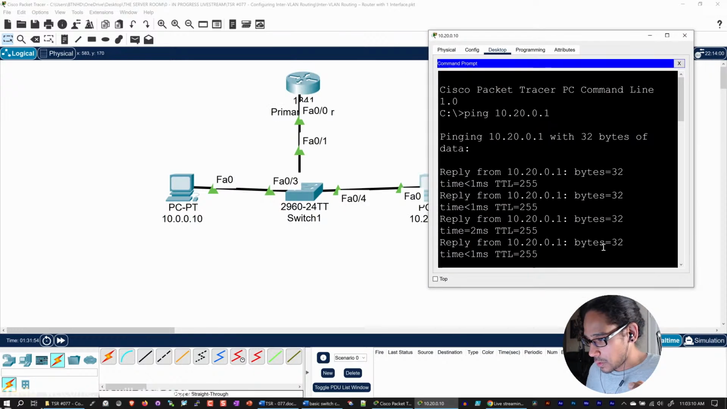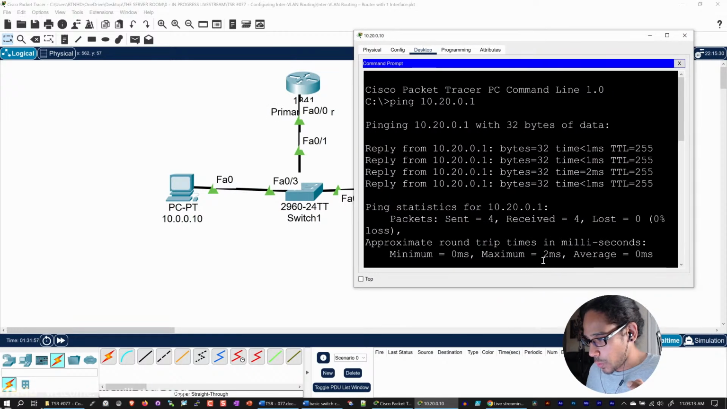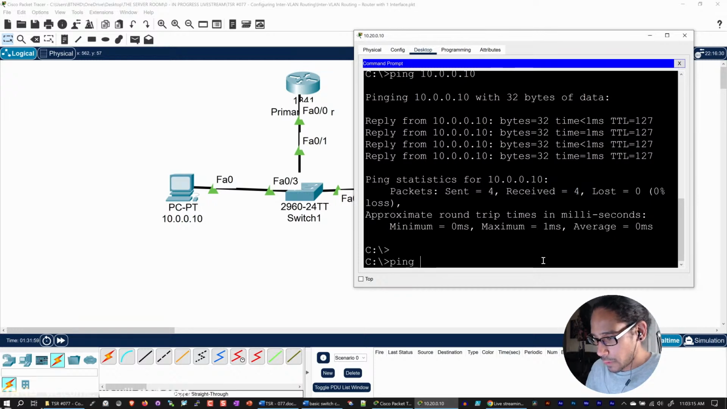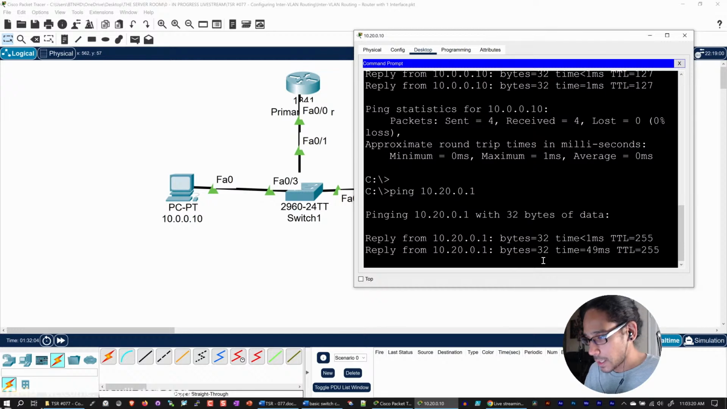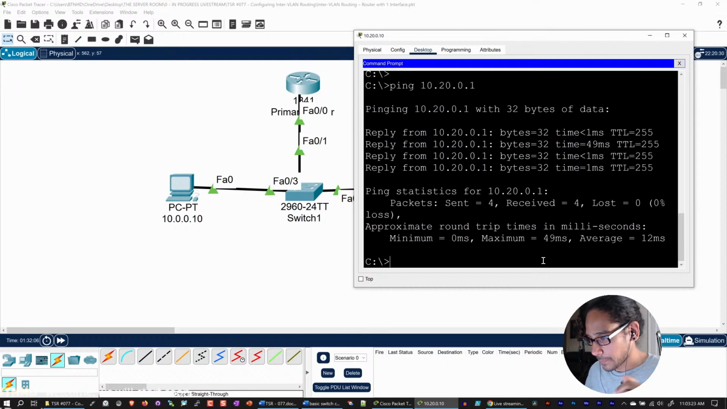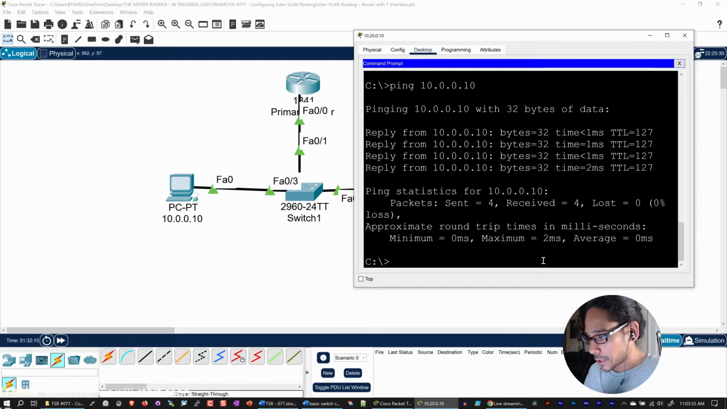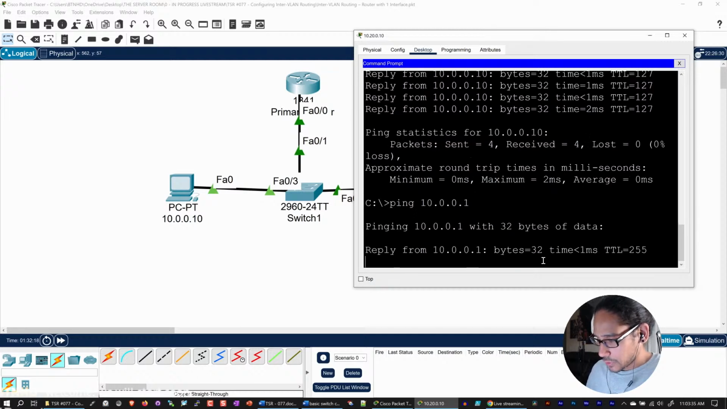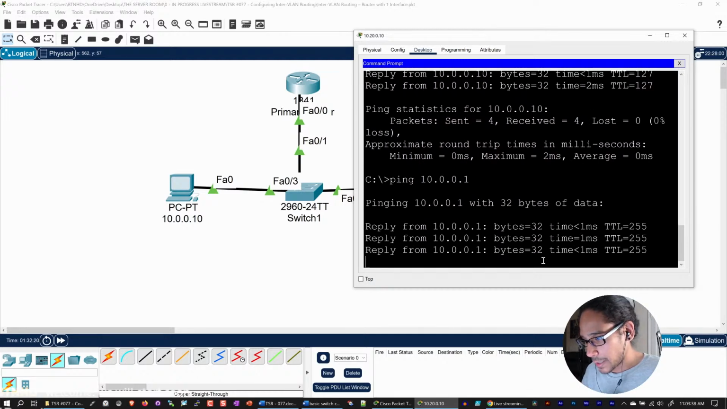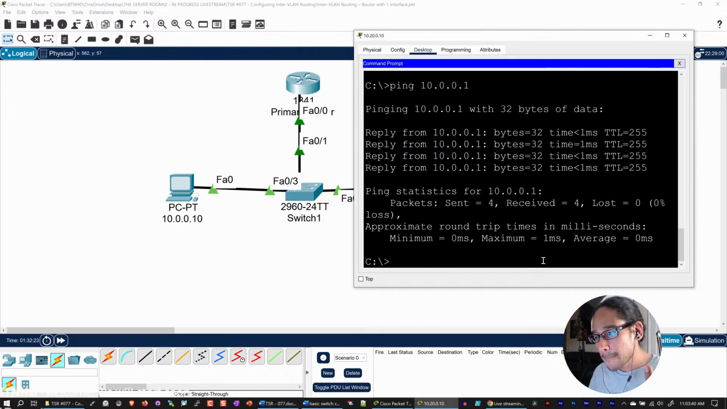On the machine that's on VLAN 20, we are going to do a ping. Let's see if we are able to ping the gateway. Awesome. Let's see if we are able to ping the machine in the other VLAN. Awesome. I should be able to ping the default gateway of VLAN 10. Awesome. So the Inter-VLAN routing for a one